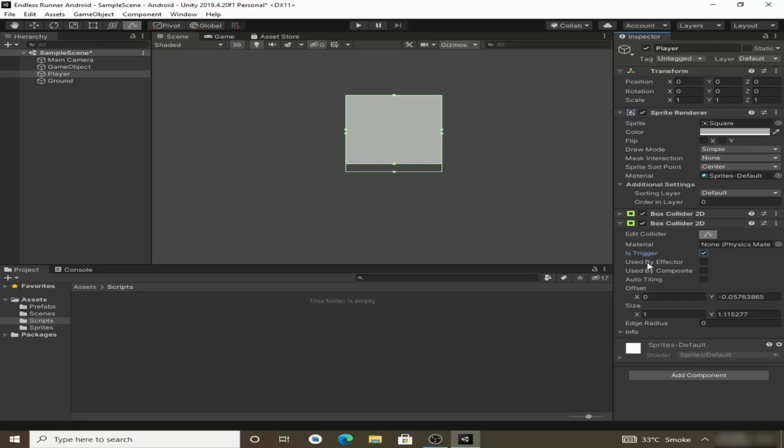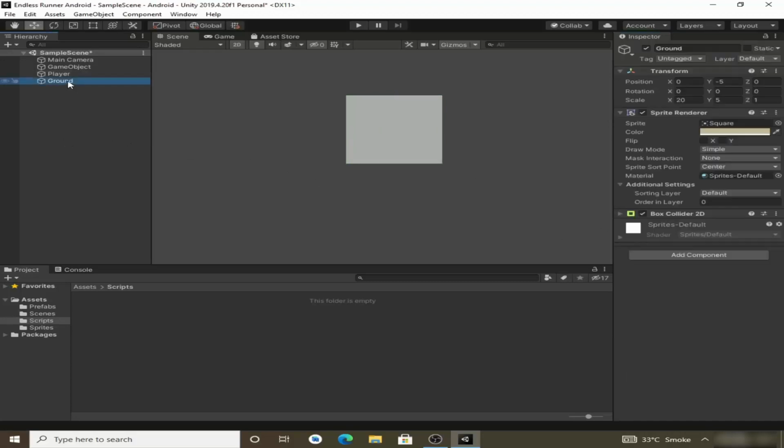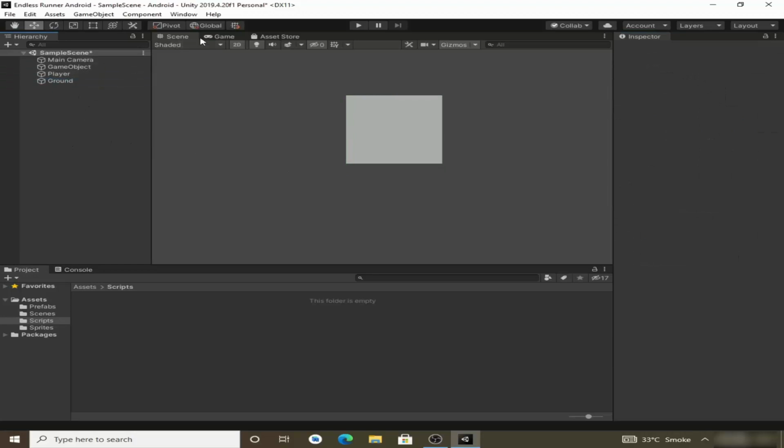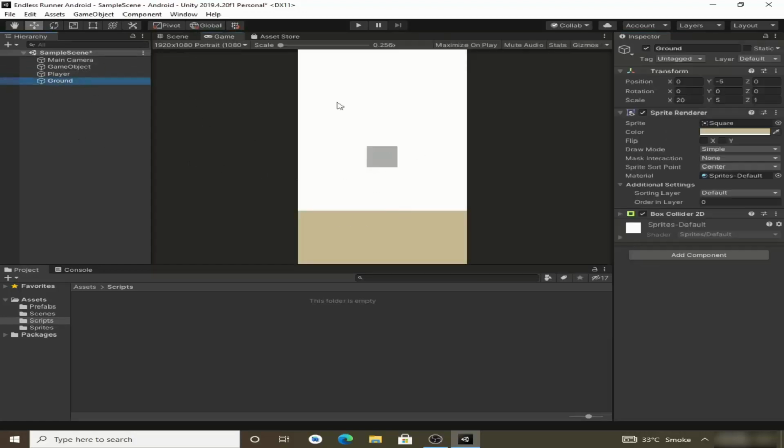So we will make it as is trigger. So now we will add some tags to our ground and our player. Basically, tags are used to identify the game object in our script. So click on this ground, and